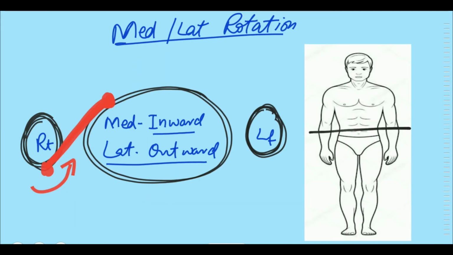Now I will show you the muscle that will produce the lateral rotation. We have a muscle that starts over the front of the body wall and moves toward the back side of the bone. This is the muscle. What do you think when this muscle contracts, what will it produce? It will produce this kind of movement, and this kind of rotational movement is known as the lateral rotation.